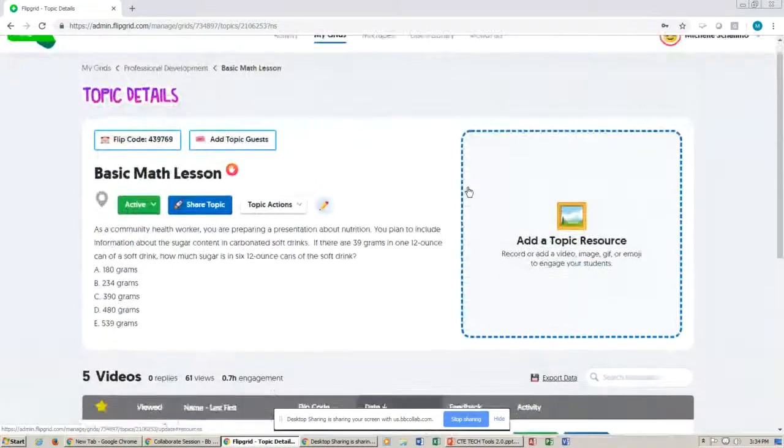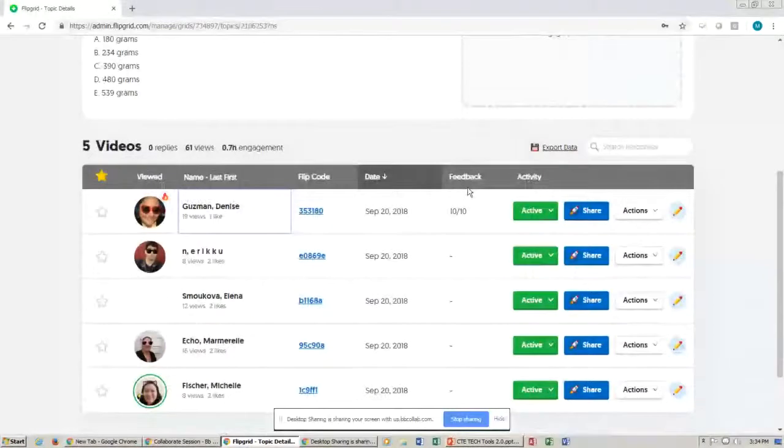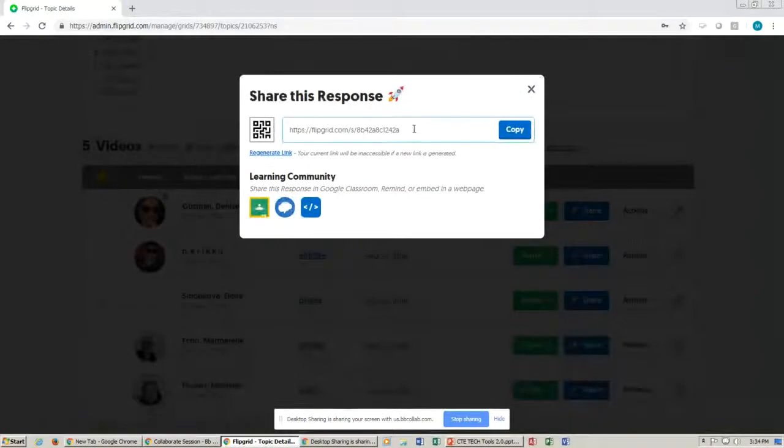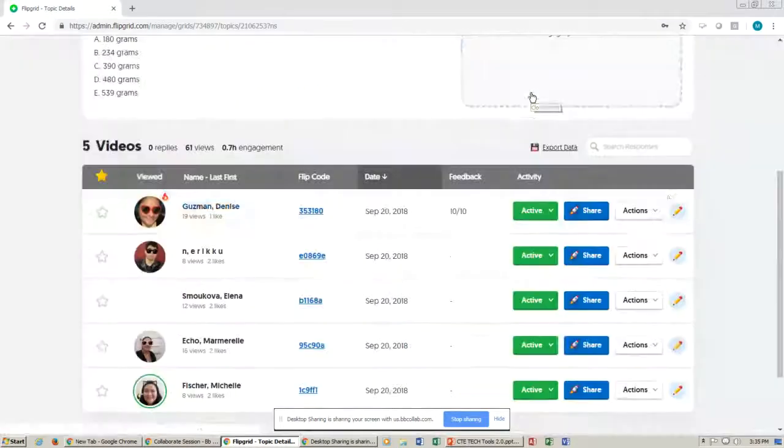So the share has nothing to do with giving out the flip code, or does it? Yeah, so sharing doesn't give the flip code, it gives a different URL that can go to this response. And that's something that anybody could use if you shared it with them. Correct. That's okay. So the content needs to be... If you click on share again,